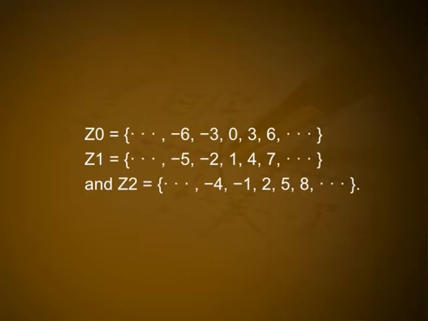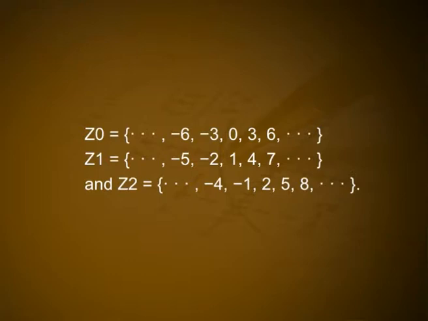Note, an important property of an equivalence relation is that it makes a partition of the set. By a partition, we mean a collection of pairwise disjoint subsets whose union is the set. If a relation R is defined on the set of integers as a related to b if a minus b is a multiple of 3, then the set of integers is partitioned into the 3 sets Z0 equals the set of all elements